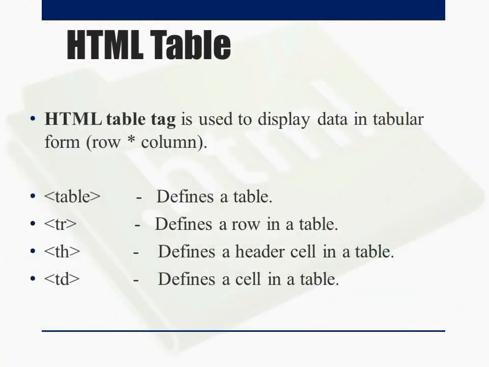Moving on to the next topic, the table tag. Tables arrange the contents in the form of rows and columns, and these are defined with the table tag. These tables are divided into table rows with the help of the tr tag. Tr means table row. A table row can be divided into table headings with the help of the th tag, that means table heading. And these table rows are also divided into table data with the help of the td tag. So td means table data. We can see a small example of a table tag.